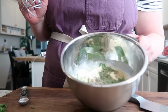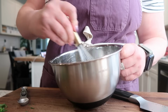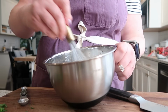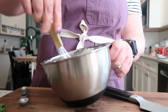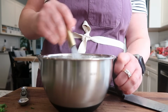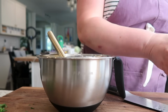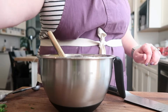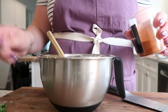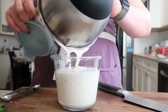I'm making ranch dressing for our salad. So in here, I've got sour cream, mayo, buttermilk, really thinly sliced green onion. I put some dry parsley, dill, garlic powder, onion powder, salt, pepper, and some lemon juice. So I just do this by taste. So we'll taste it and see if it needs anything different. I feel like it needs a little bit more garlic, pepper. Sometimes I like to put a little titch of paprika in there. So I'm gonna pour this into a jar, stick it in the fridge,